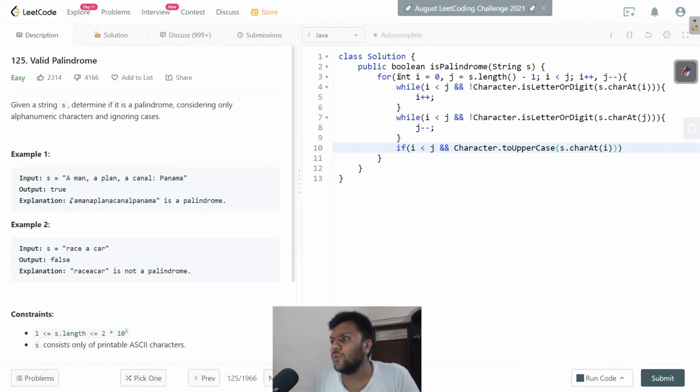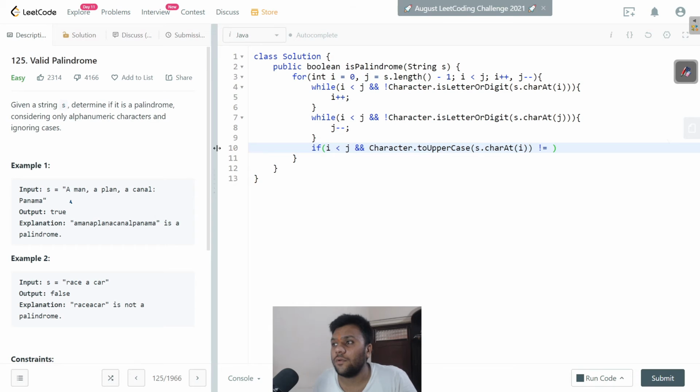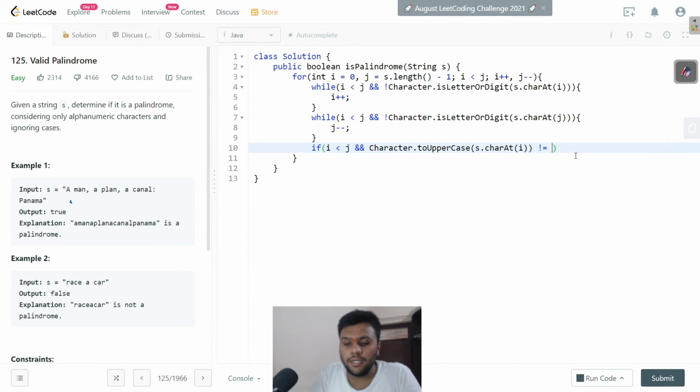So I hope you know what this s dot char at I means. So basically it means you are removing one character from the character list. Okay, so for example, if you have the character list of ABC, you are simply removing A from there. All right, so that's how it helps us. If you don't know, just a quick idea or recap, you can say. All right, similarly I will do for my J as well.